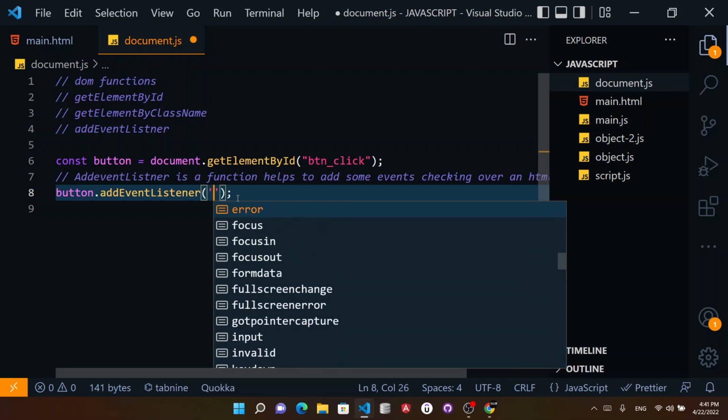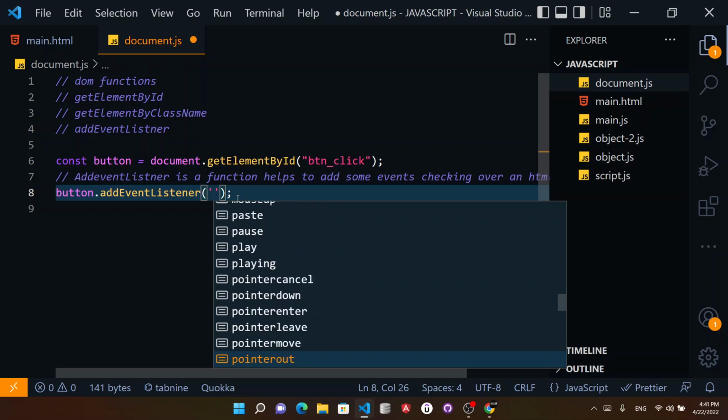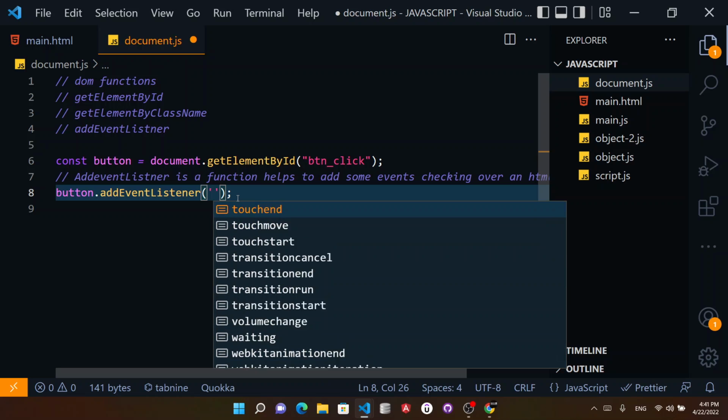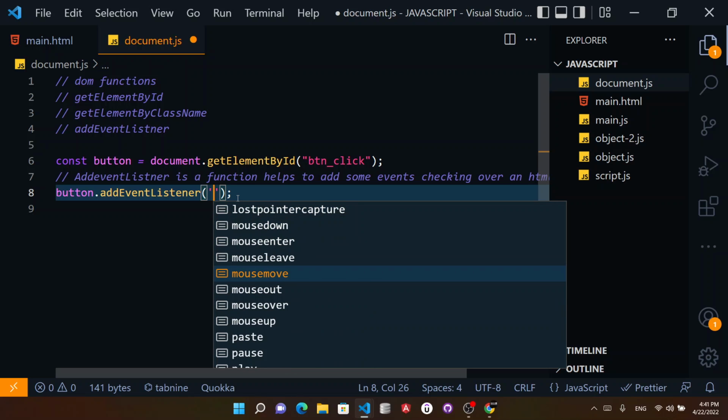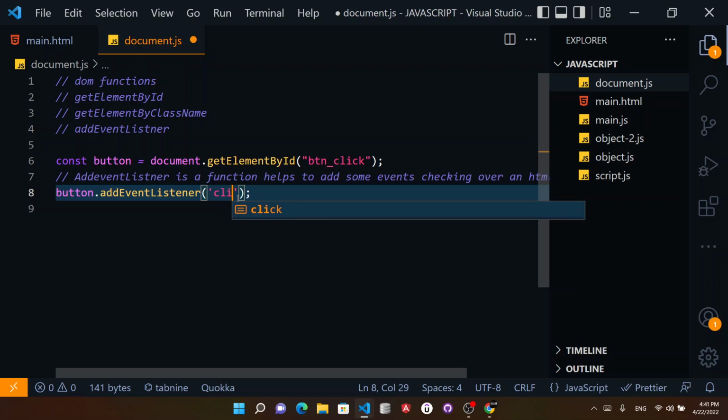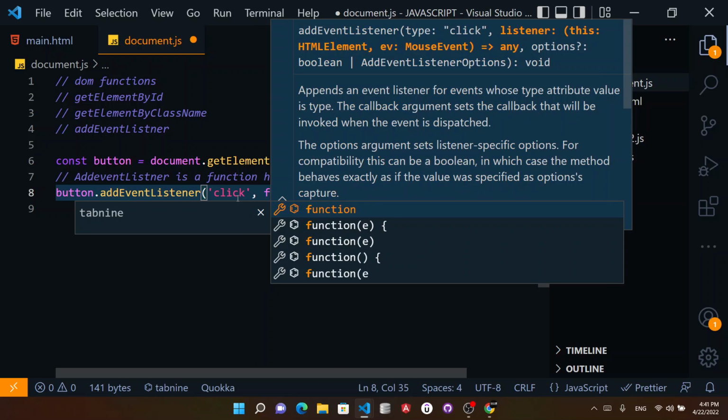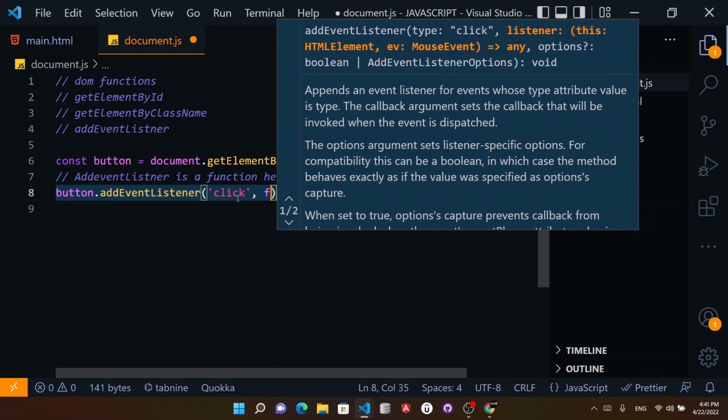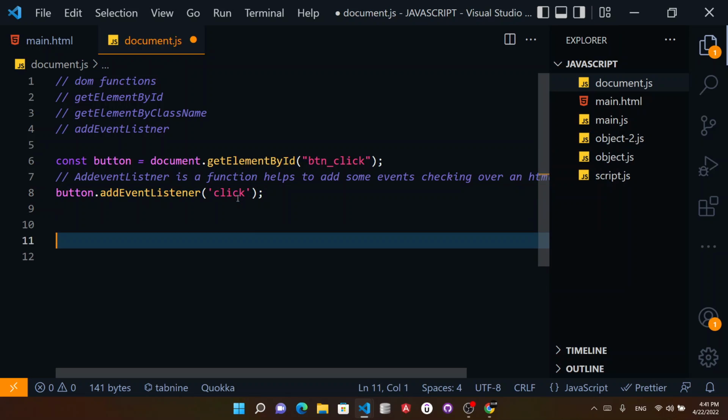और जैसे ही आपने ये करा, Visual Studio Code आपको बहुत सारे अलग-अलग तरीके की इवेंट्स बताएगा कि आप उस पर क्या-क्या लगा सकते हैं. Like there is transition run, touch start, touch move, reset, or mouse down, mouse enter, mouse leave, focus, drag. हम यूज करने वाले क्लिक. इसके अंदर पास करने के लिए हम एक फंक्शन बनाएंगे, फंक्शन चेक